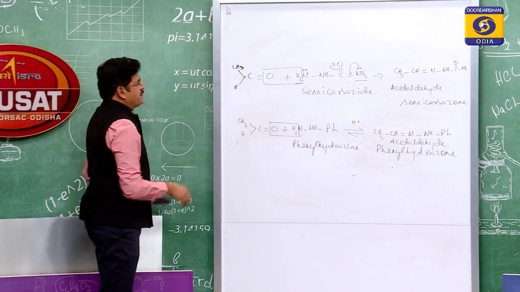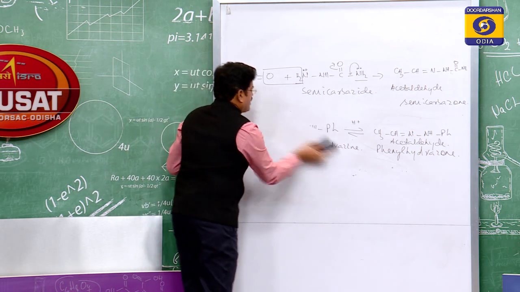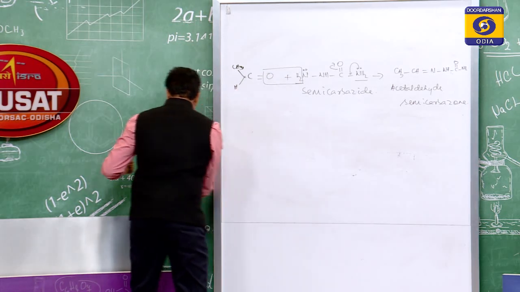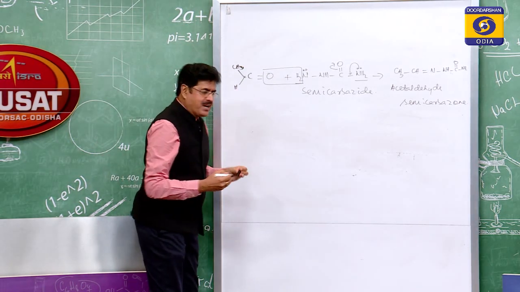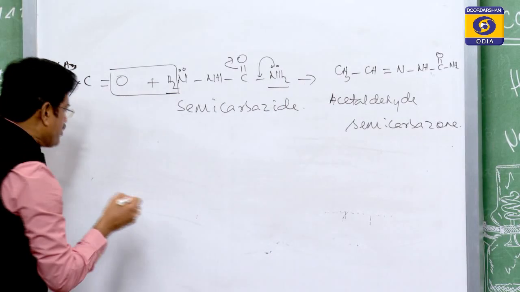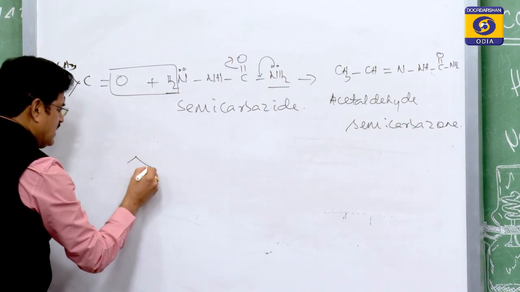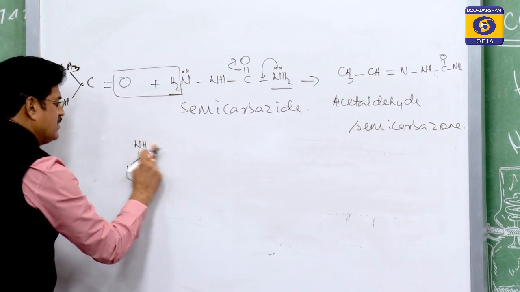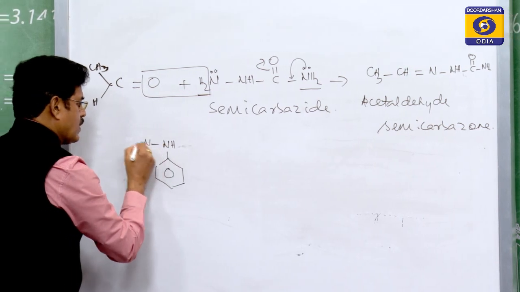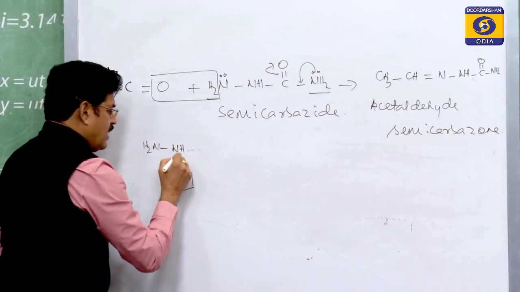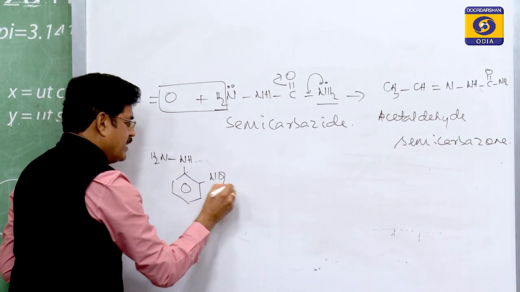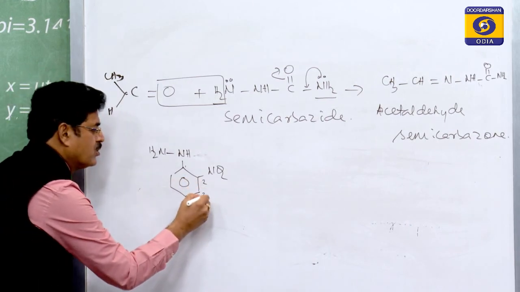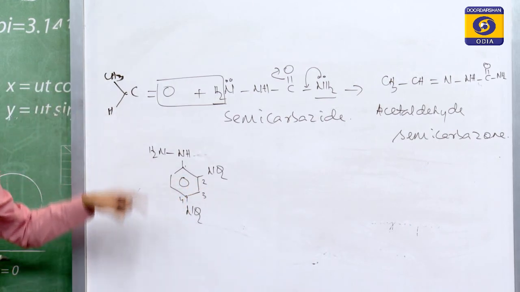Next addition reaction, addition of 2,4-dinitrophenylhydrazine. What is 2,4-dinitrophenylhydrazine? Let us first see that. This is phenylhydrazine. If it is 1, it is 2 and it is 4. This is 1, 2, 3, 4. 2, 4